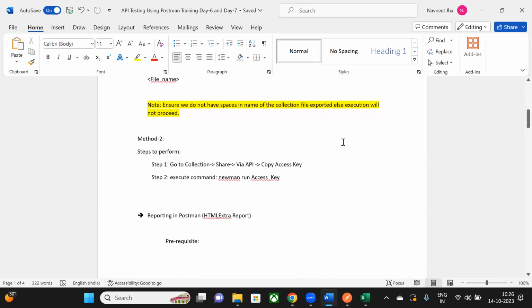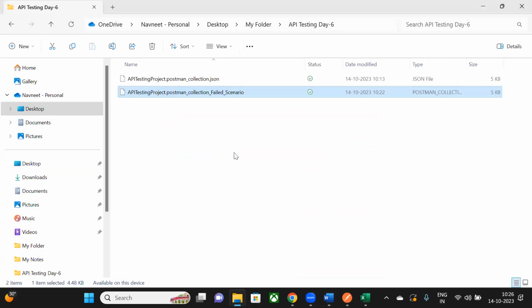Just remember one thing: whenever you are going to execute, we should not have a space in the name. If we are having a space, then it will not pick up the collection and execute it. So just make sure that we don't have any space, and it's a uniform name. Then Newman will pick up this collection and execute the test cases. So just keep this in mind,